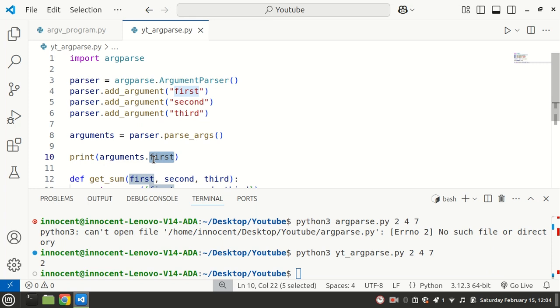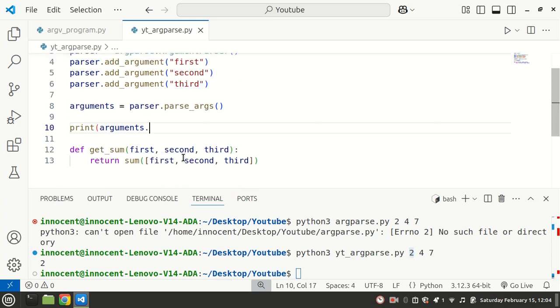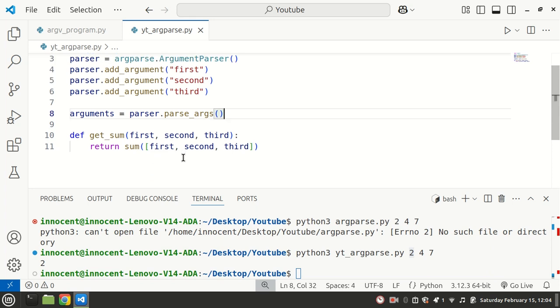Because we were printing what's at the first argument, and what's at the first argument is this. So with argparse as well, you don't need to avoid the first argument and go to the second index. Since you are specifying exactly what you named your variable at the first index, you're going to access it the very same way. I hope that makes sense. So now we can get that our first argument is 2, right? And that's how you would access your variables inside of the arguments